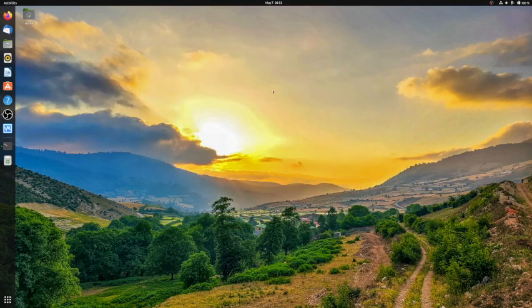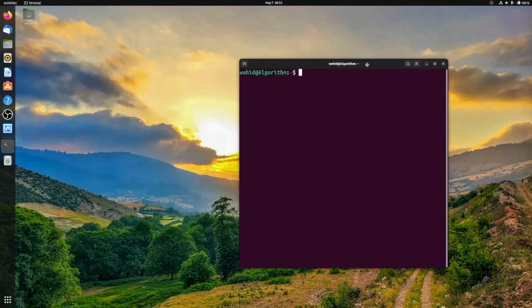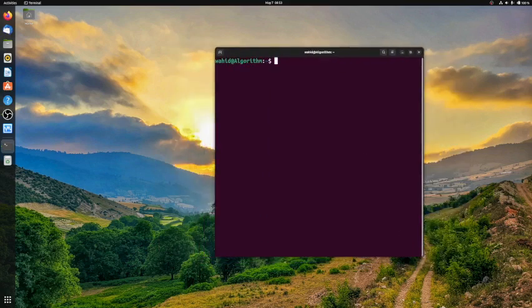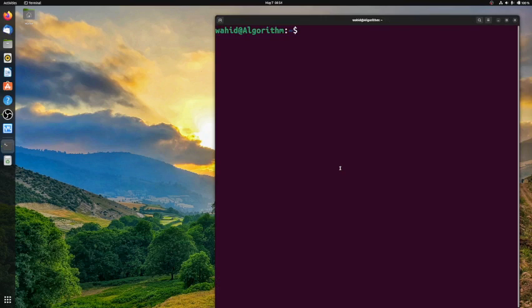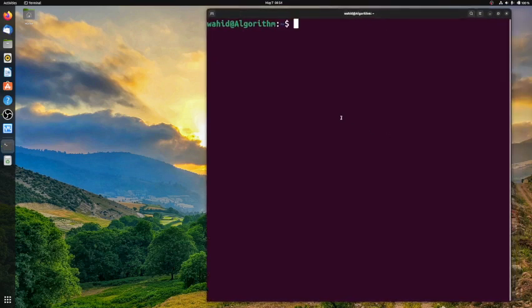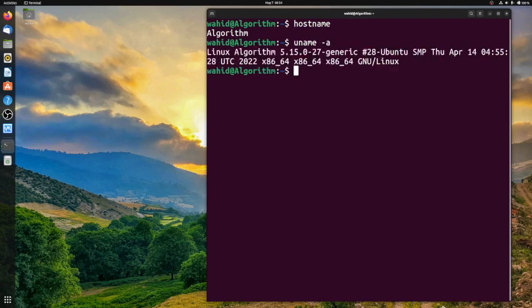In order to get some details of this software, I can open a terminal and put it right here, and then make the size a little bit bigger by pressing Ctrl Shift plus. This is big enough to fit on one screen. Let's type in some commands now. I'm going to do hostname, which shows the host name, and uname -a, which shows the entire details of the Linux